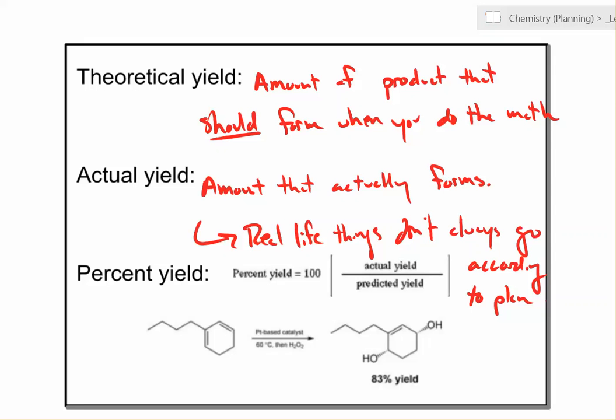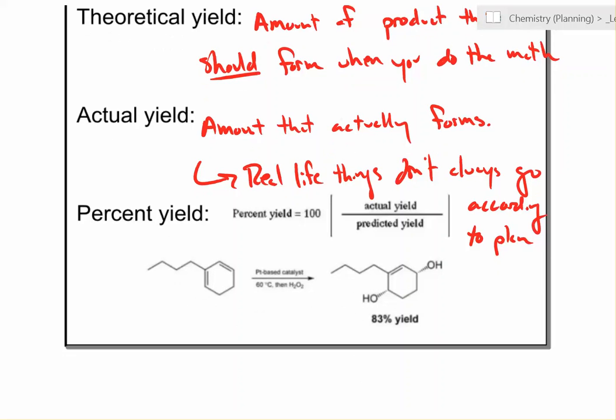Sometimes reactions don't proceed as far as you'd like them to. For a variety of reasons, sometimes things happen that you don't intend, and your actual yield is less than what theoretically could have come out of that reaction. Finally, your percent yield is just dividing the actual yield by the predicted yield, or the theoretical yield, and multiplying by 100. You see in this particular reaction there was a percent yield of 83%,